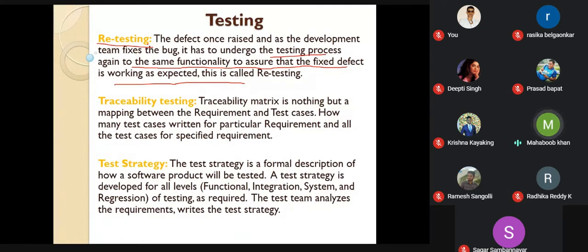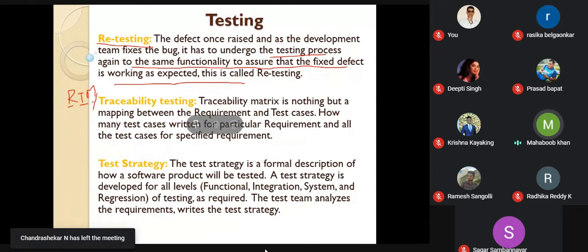Okay. So then traceability matrix. Traceability is very important, guys. This is also called RTM. What is RTM? Requirement traceability matrix. In some companies they will call it only the matrix testing.